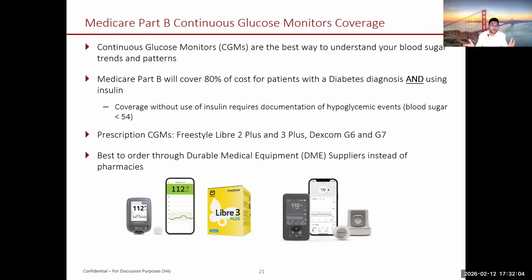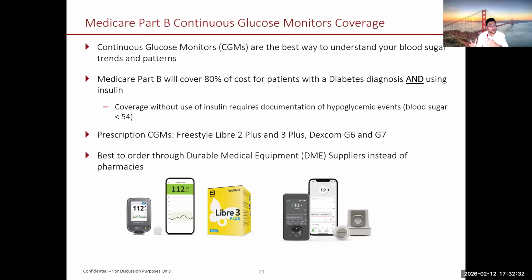Now, what usually stops that recommendation is coverage, because these are not, I would say, cheap pieces of technology. Medicare Part B will cover 80% of the cost of CGMs if you have a diabetes diagnosis and you're using insulin. The only way to get around the insulin requirement is if you can show that you've had multiple instances of what would be called a hypoglycemic event or a low sugar event, where you have recorded documentation the blood